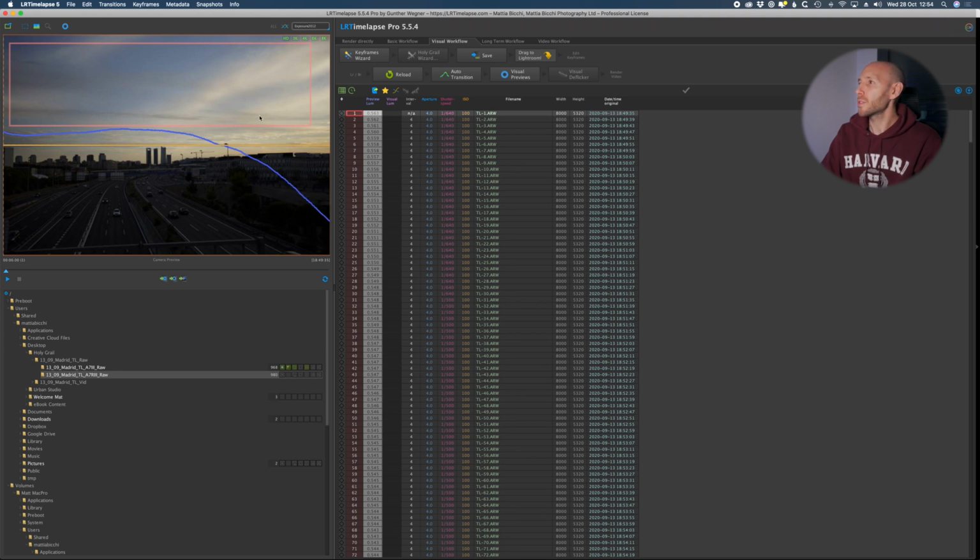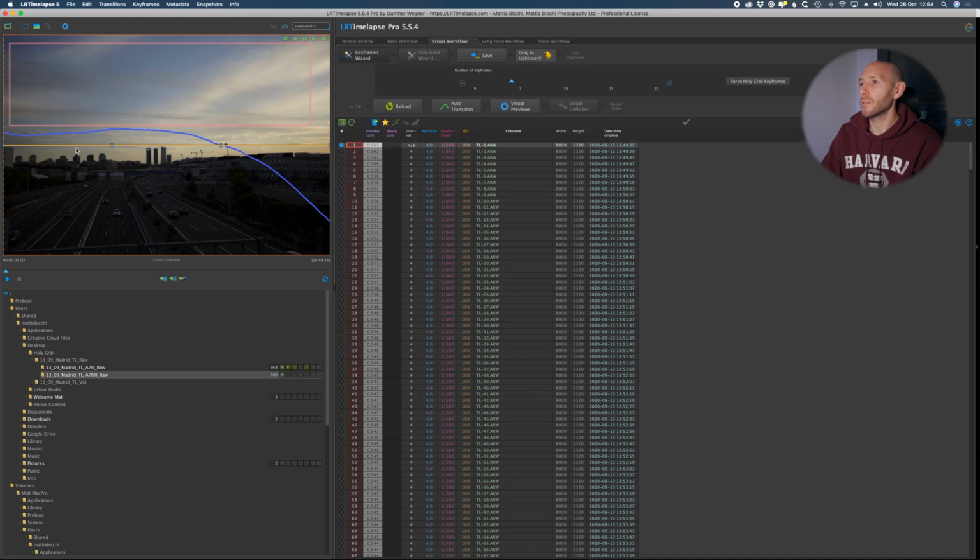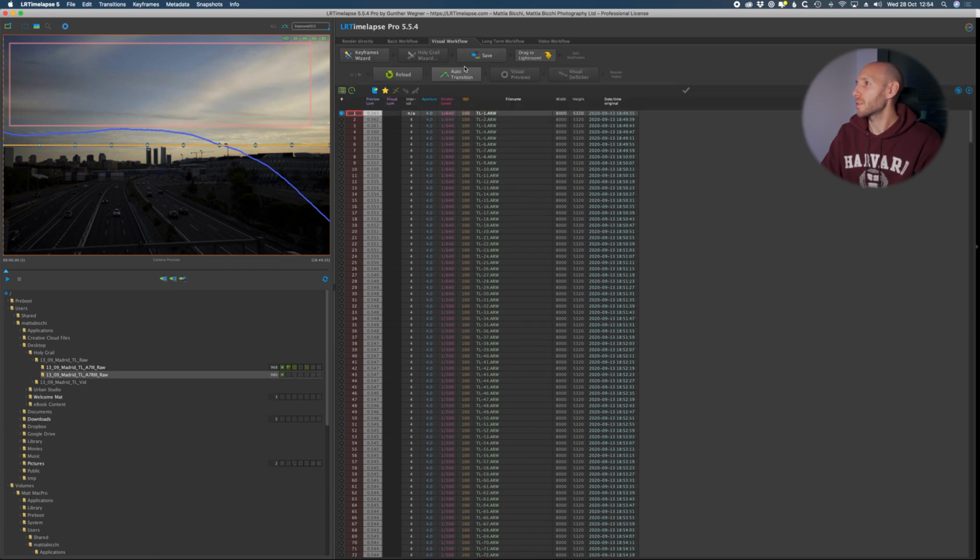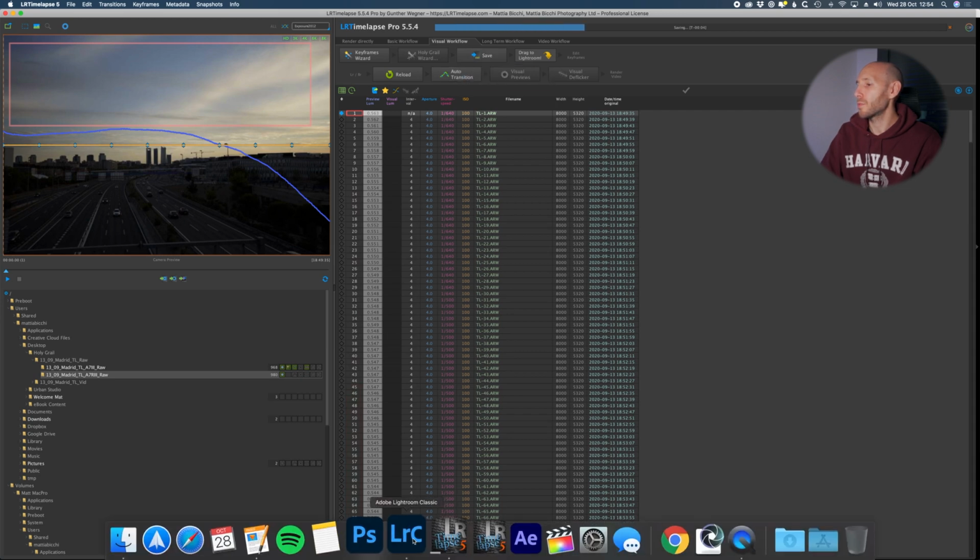So the process basically is the same. You click keyframe wizard, so you create the keyframes. I'll put 10 again. You cannot click Holy Grail wizard because we haven't made any changes on the camera, so you're not gonna use this one. So save it. Now it's saving, and we go back to